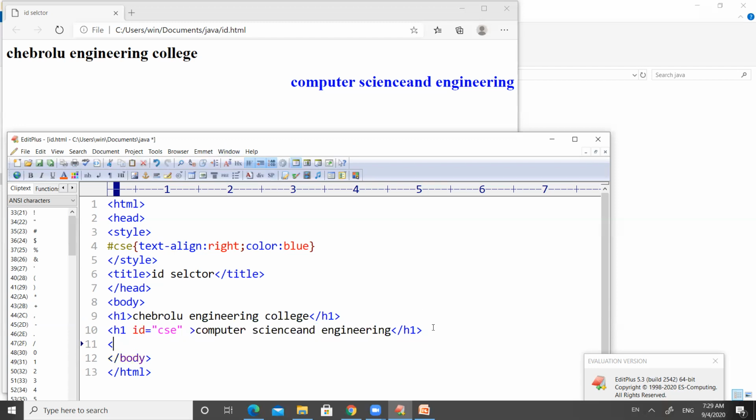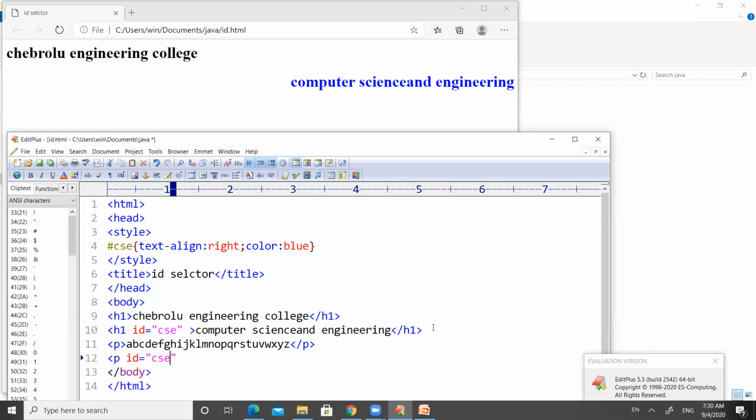Not only H1, I am going to use a paragraph tag, and inside the paragraph tag, I am going to print something. I'm going to write all these things inside the paragraph, and then I'm going to close this paragraph.